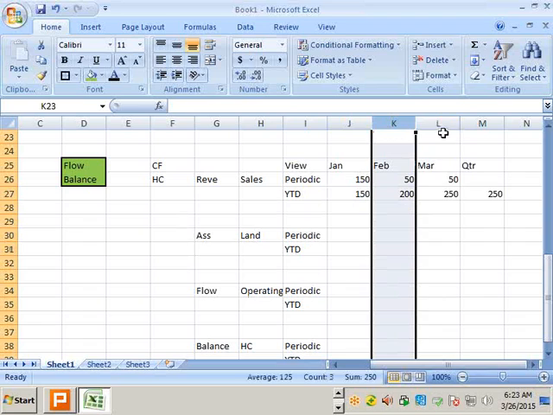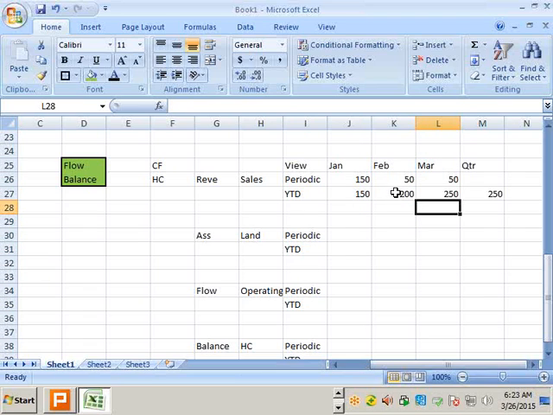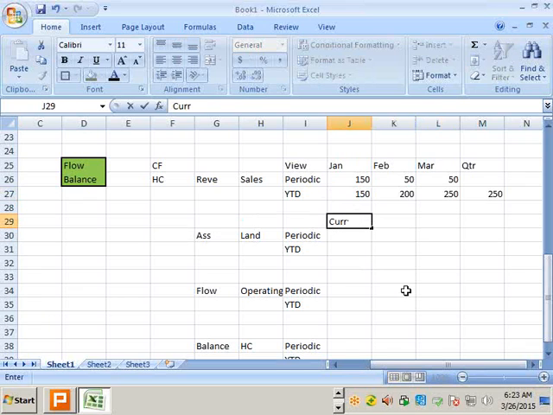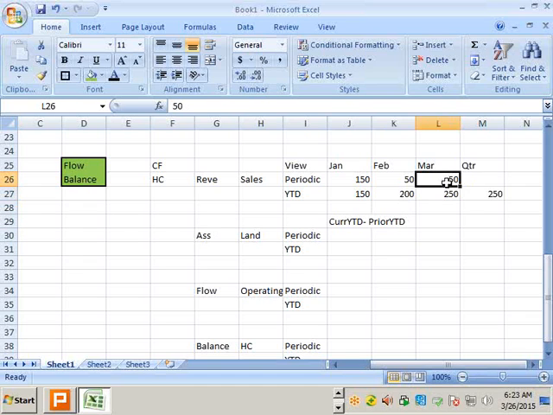That means if you want to see the periodical information independently, you can see the data for February as February year to date minus January year to date. That means current year to date values minus prior period, prior YTD values. Then you can see the periodical values for that period. In the same way, 250 minus 200 gives the periodical value of March, that you can say is the sales for this month. That's what you do whenever you are creating the financial statements for the period. But when you go for the balance sheet as on date, what would the value be?